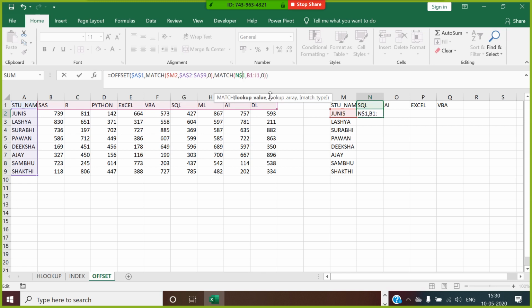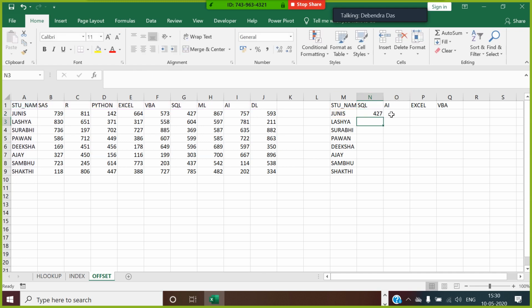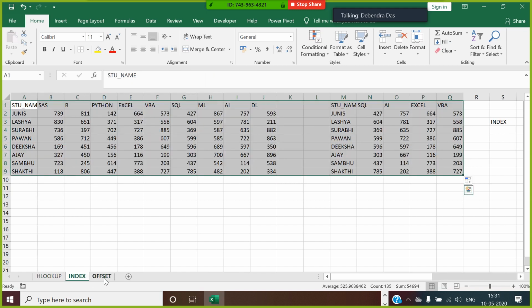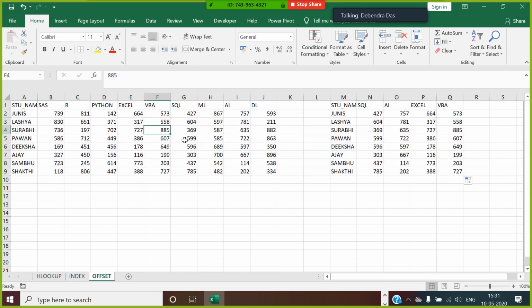In this case, 1 is constant, going from $B$1 to $J$1. You drag this to the right here, guys, and down. So whatever you can do in VLOOKUP, you can also do using HLOOKUP, index, and offset. Again, it depends on the situation where you can go for defining this.